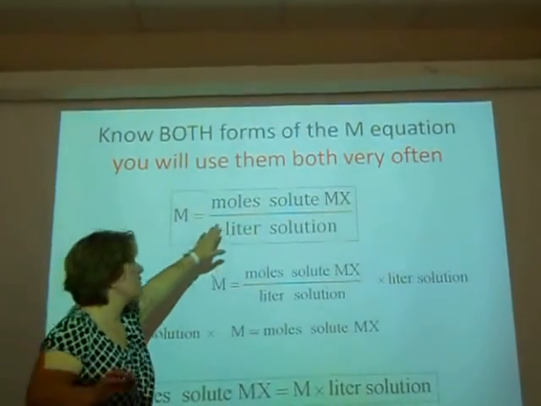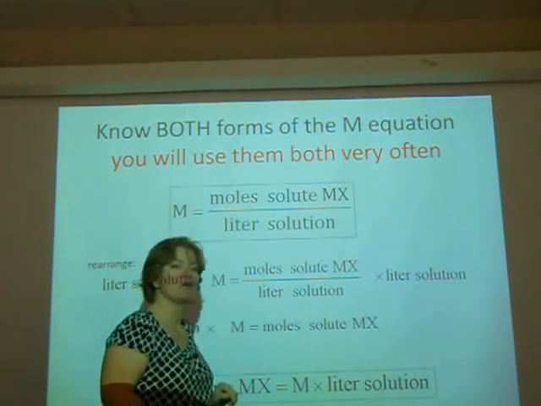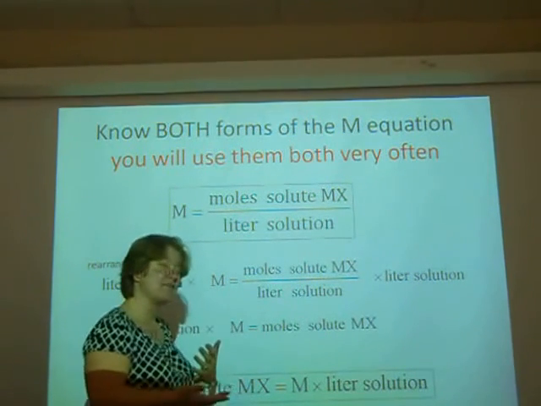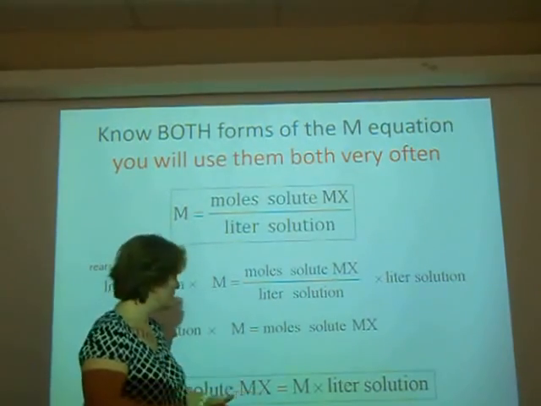Both of these are handy. So if the question is asking me to find molarity, I'm going to use this equation. If the question is asking me to find moles of a solute, and it might not say it's the solute, I might have to interpret what is the solute and that it wants moles of solute, then this is going to